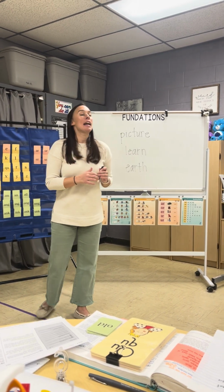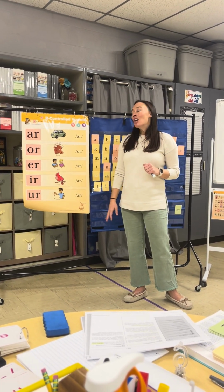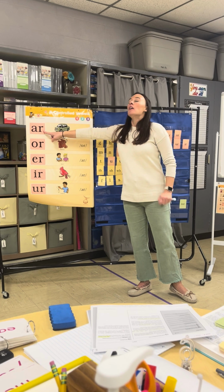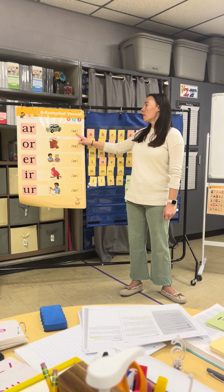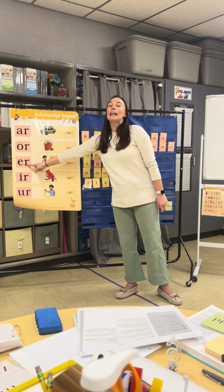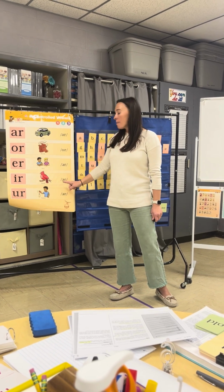All right. Now, I told you that our job is to go over our R-controlled vowel sounds. So we are going to do the whole poster, and then you're going to tell me what you know about these 3 sounds. Here we go. Say it with me. A-R, car, R. O-R, horn, or. E-R, her, I-R, bird,